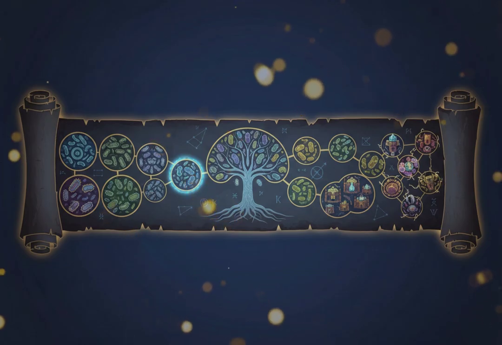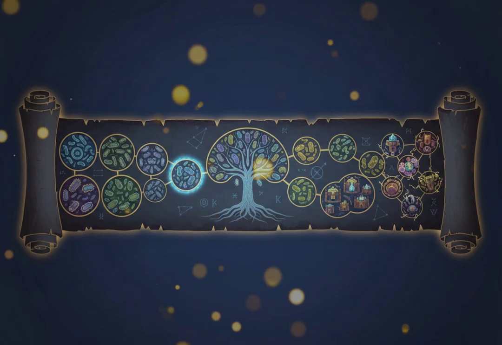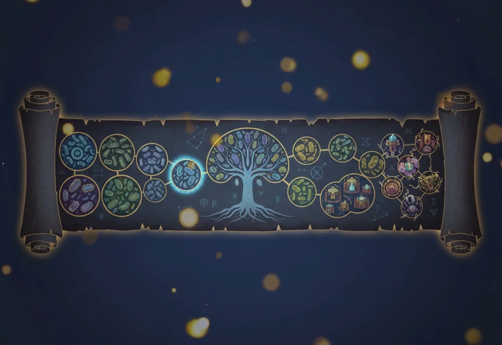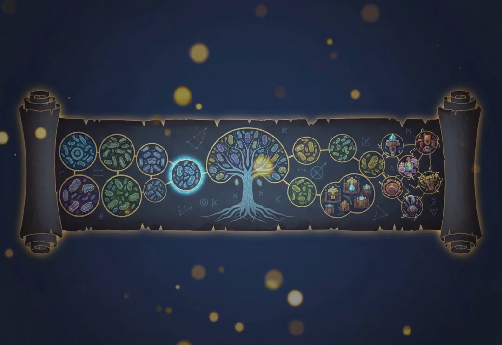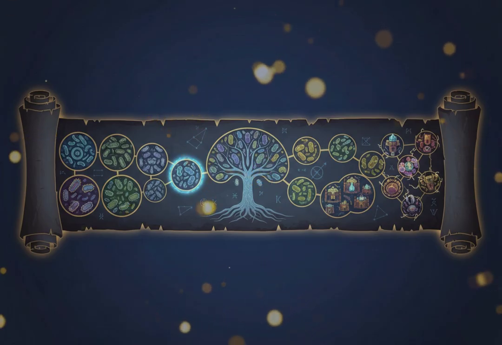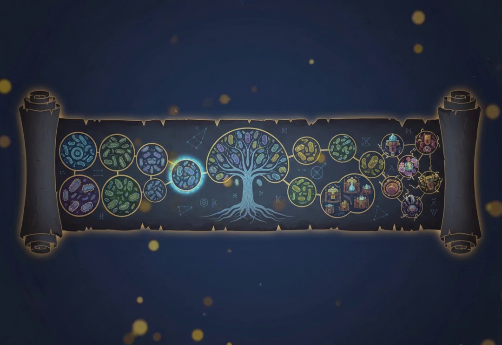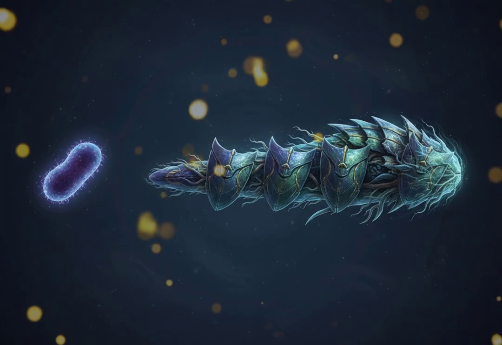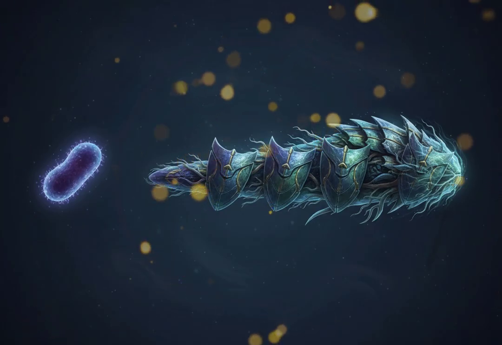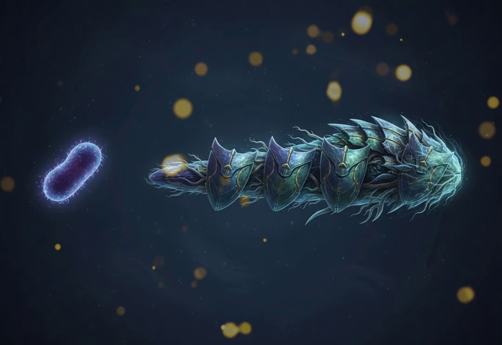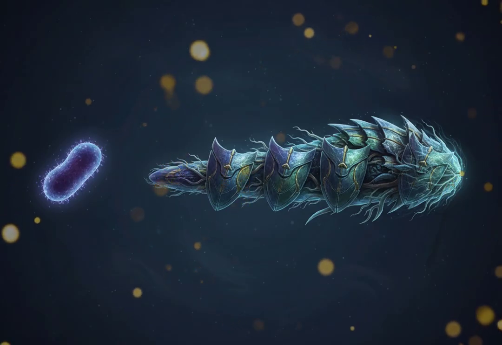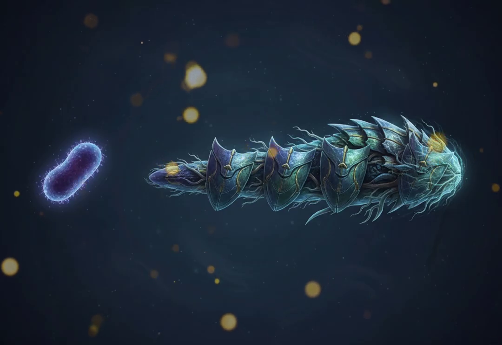Their stories are woven into the fabric of life itself, and as we learn more about them, we uncover not only the secrets of these tiny organisms, but also the secrets of life on our planet. Bacterial reproduction is a marvel of efficiency and adaptability. In ideal conditions, the rapid division through binary fission can lead to astonishing population growth, allowing them to colonize new